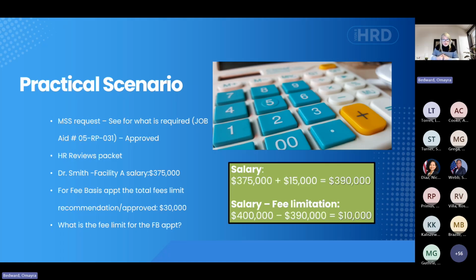Okay. So I always, when I was going to hire a dual appointment, I had that conversation up front. I pulled up their salary. I made sure that I did the numbers, including that fee basis that they were going to be offered on a tentative offer, to make sure that they were aware, listen, you're not able to make more than 400,000. During COVID, there was a waiver, but that waiver expired. I don't know if there's any other ones. I did look for any waivers.